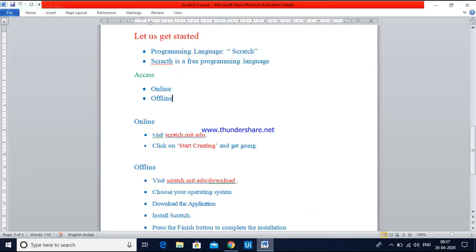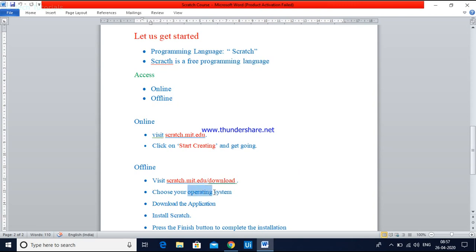So coming to offline one. For offline one, you have to download the software which is available in scratch.mit.edu/download. From here you can download the software which suits your operating system.